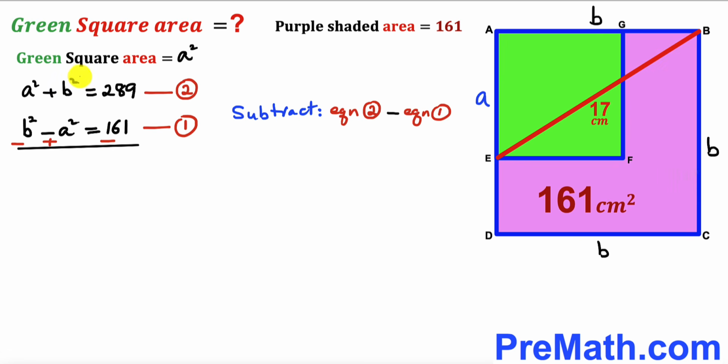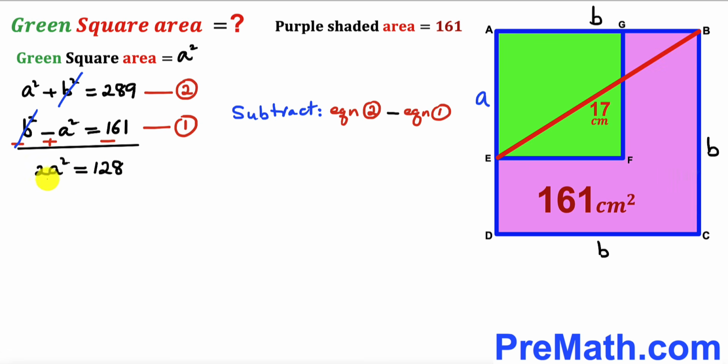Here we can see the positive b squared and negative b squared are gone. So a squared plus a squared gives us 2 times a squared, which is equal to 289 minus 161, and that is going to give us